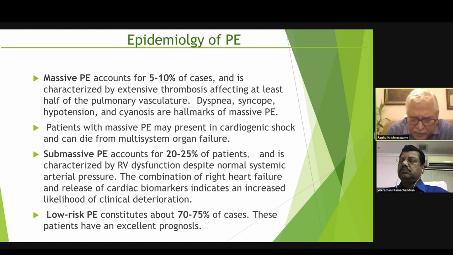Now, because she was being taken up on the table for her surgery, the surgeon decided that he will try to extract the pulmonary mass also, the pulmonary thrombus also, in which he was successful. Since she did not have PH, this probably did not warrant an extraction. But most patients with CTEPH, like I mentioned, would end up needing an embolectomy. The embolectomy can be surgical, or it can even be done by balloon pulmonary angioplasty, as is being done now.